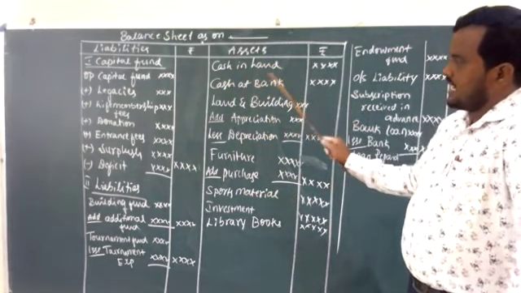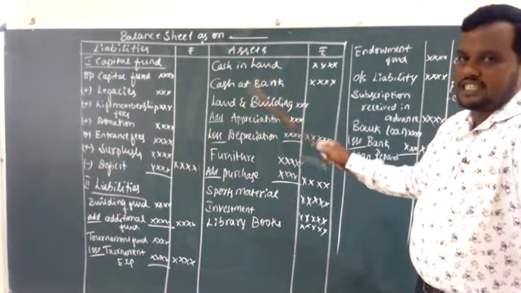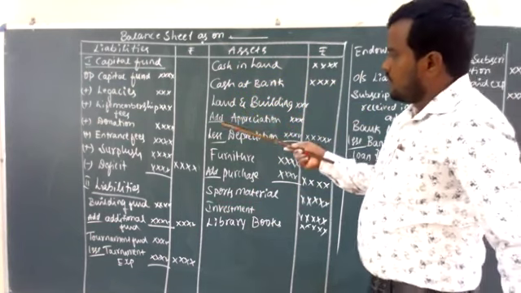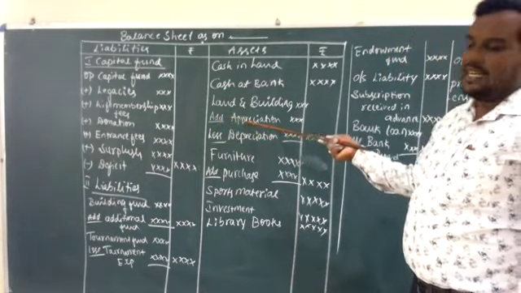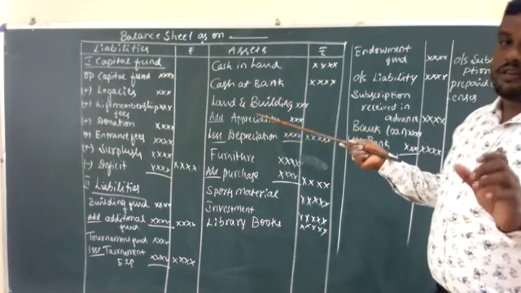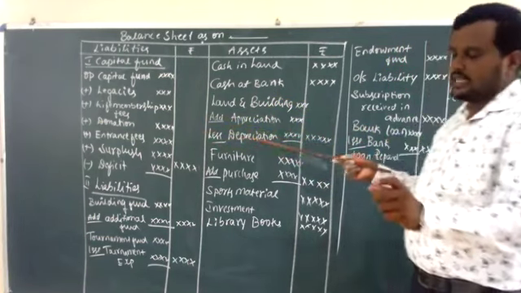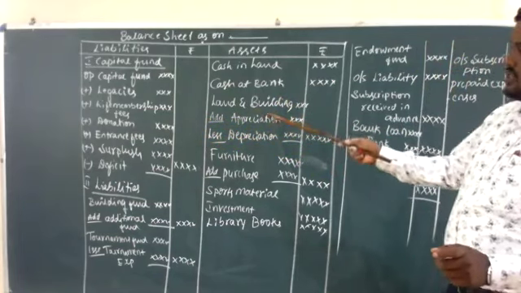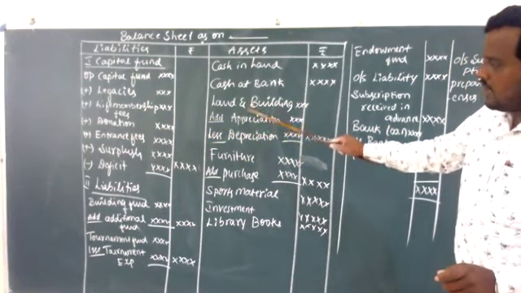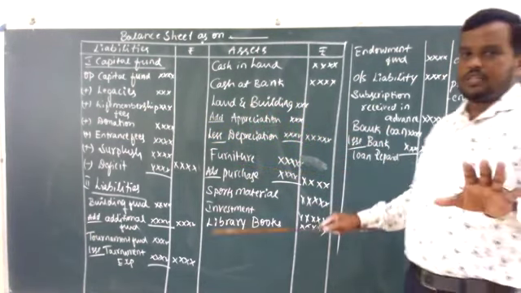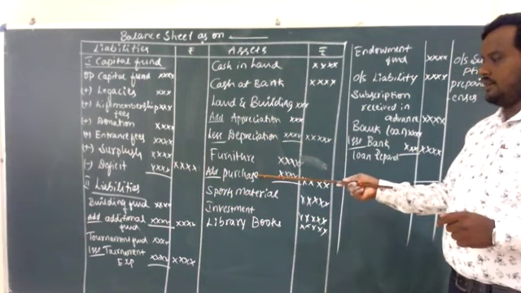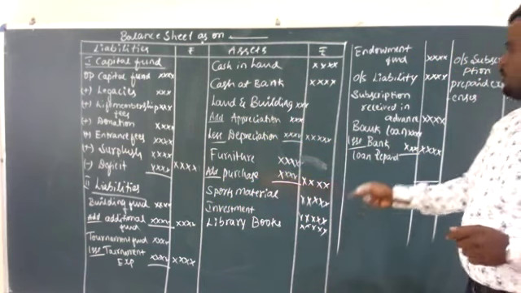See there, cash in hand, cash at bank, land and building. All the adjustments are to be given in the adjustment problems. If appreciation of any asset is given, it is added to the asset, or if any depreciation is given, it is deducted, because we find out the current present value of the asset. That's why you calculate in this way: add appreciation, less depreciation. All the adjustments should follow these rules. These are all the assets of NPOs.